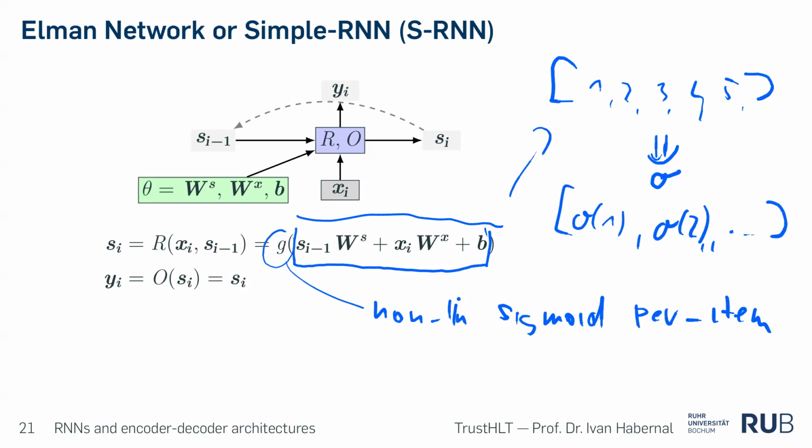Cool. And now, so we know how to compute the next state, just linear projections of the previous and current. And the easiest way of doing the output is basically identity with the hidden state. So we just say, okay, S_i and Y_i, the output and state, are equal because this is the simplest solution. I can output the hidden state, the state will be the same as the output. Why not? This is the simplest thing I can do.